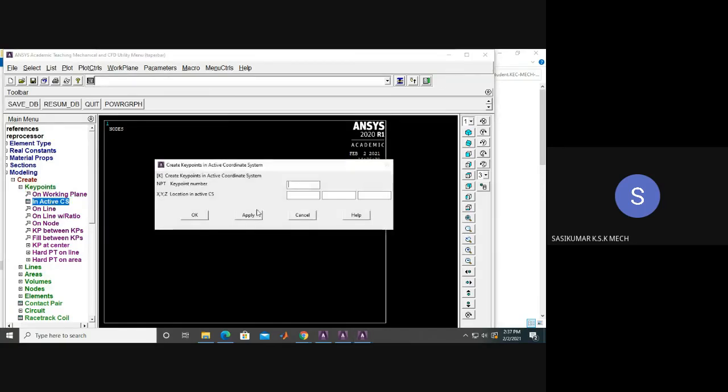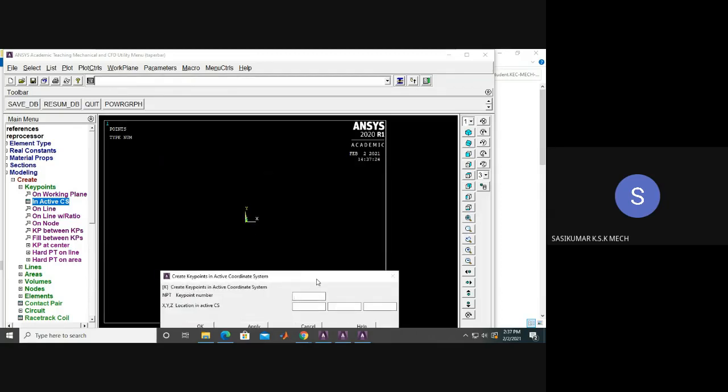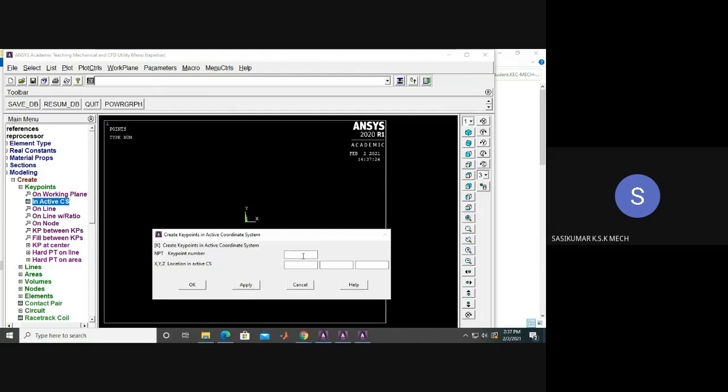Okay, so in Active CS, you just apply, one key point has been created here. So for the next key point, let us have it at 150 mm distance. You just apply, the second key point has been created.